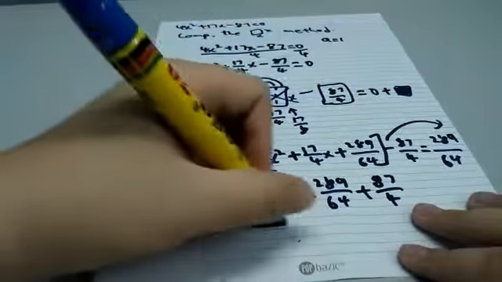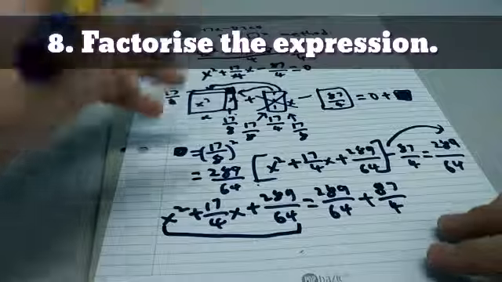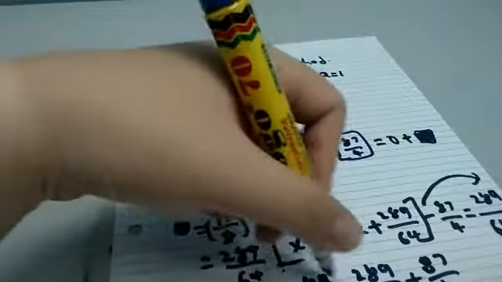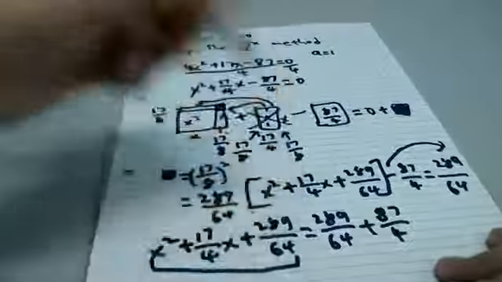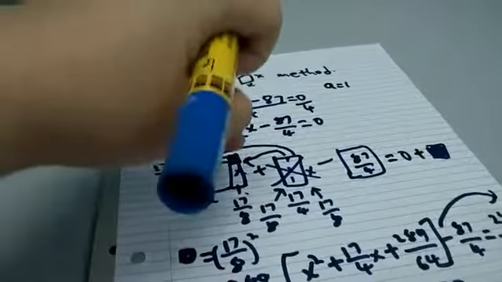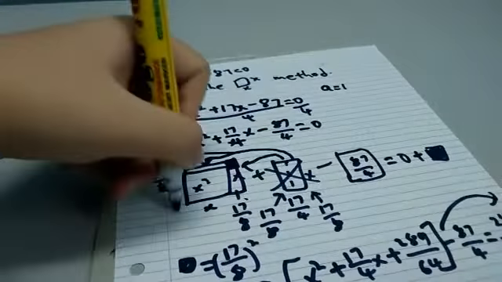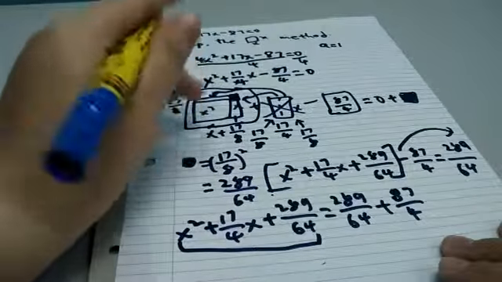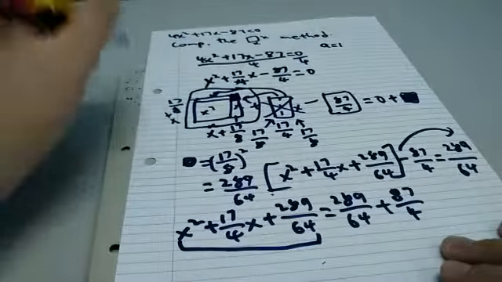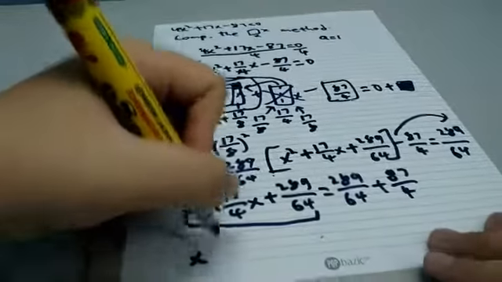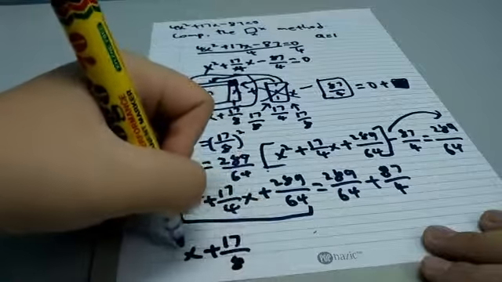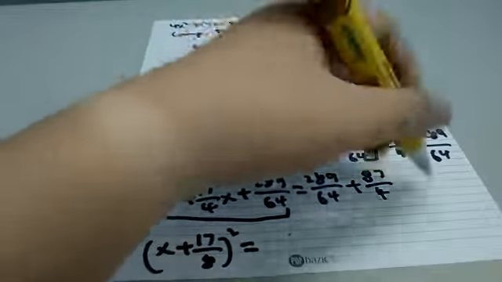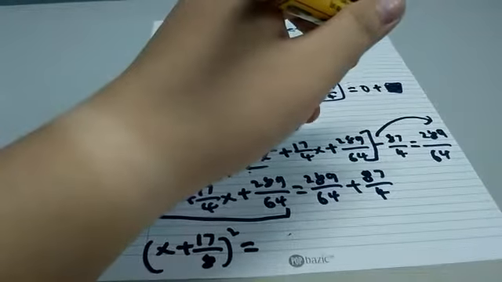And then we need to factorize this down, and then we don't need to use the cross multiplication method because we already know that this whole expression is actually forming this big square. So I can conclude that the length here is x plus 17 over 8, and when I multiply it by x plus 17 over 8, we will get this. So (x plus 17 over 8) squared is equal to, we need to evaluate here, so we will get